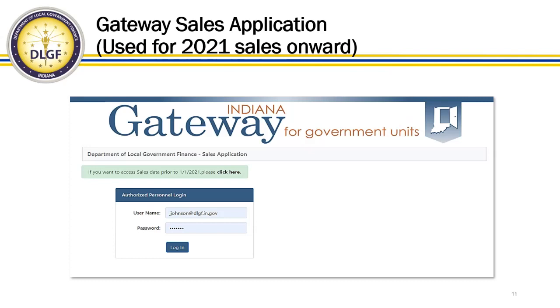If there is a deputy in your office, or if you use your sales disclosure software vendor to submit your sales, you can give them access to upload. The only thing is that to give them access, we ask that you submit a request to the department support team to have an account created, or if you also need a password reset, they can handle that as well. So please send those requests to the department support team, and that address is